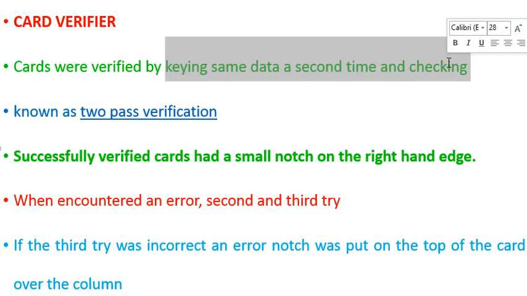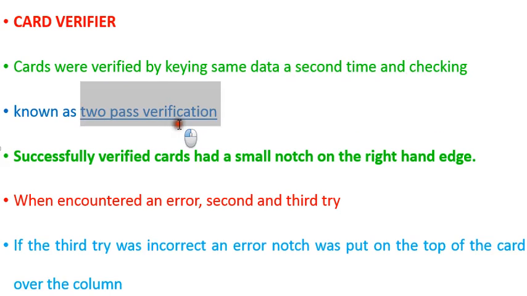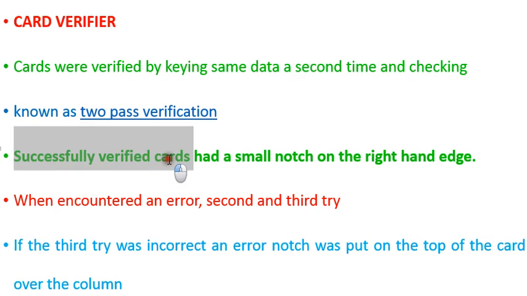If it does, then that's all, it is accepted. If not, it will be verified the next time and finally accepted or rejected. And this process is known as two-pass verification. The reason is because we punch it for the second time. So the cards which are successfully verified after keying for the second time are supplied with a notch. This notch is nothing but a sign on the right hand edge of the card